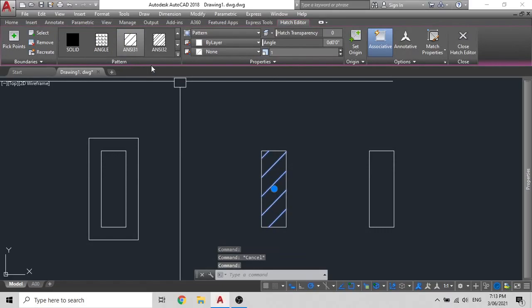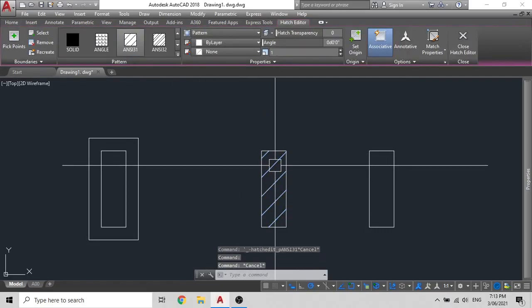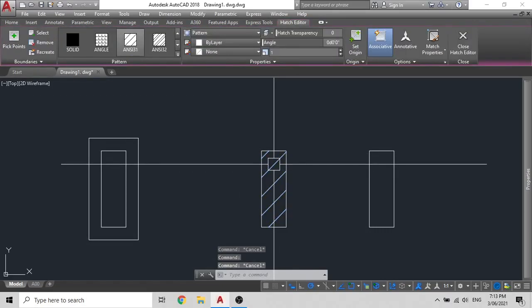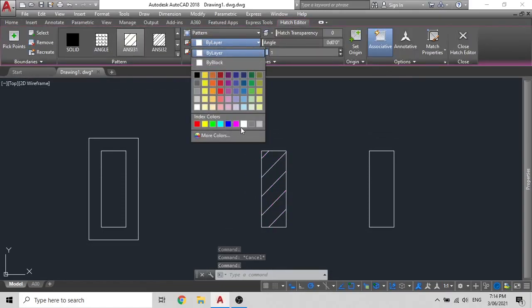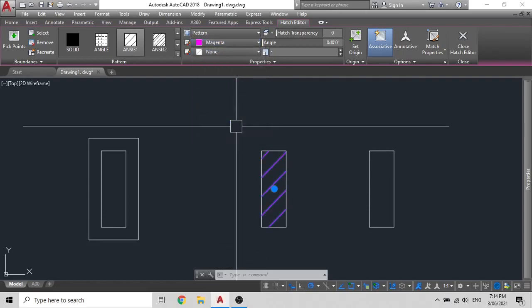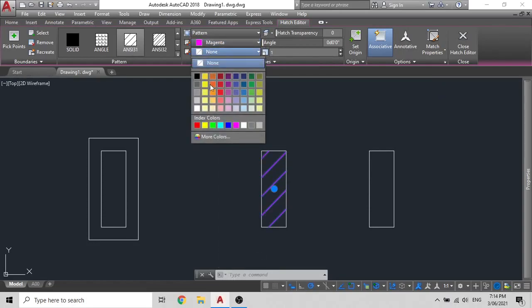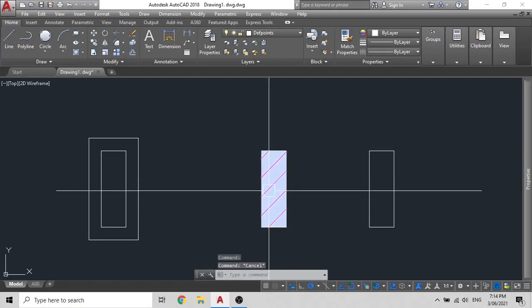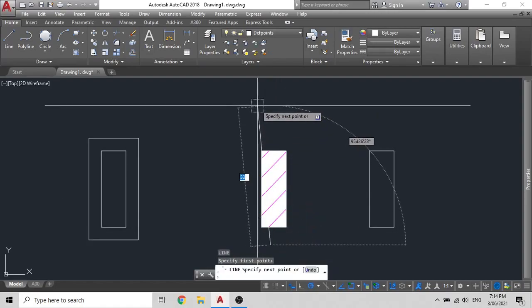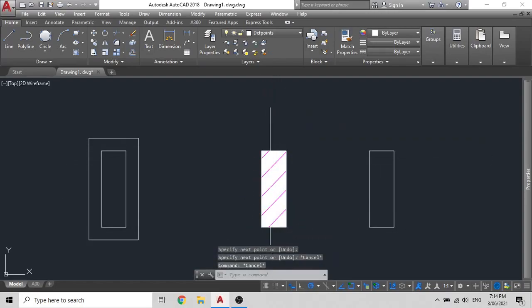Now you can also put a background to this so that you have done this hatch. What you can do is simply click on this hatch. This is your line. The top one is your line. So I'll put it to magenta. The bottom one is your background. So for backgrounds, use 255 white and not number 7 white. Remember, 255 white. Because 255 white will not show, but if there are any other disturbances underneath, it will not allow them to show up.